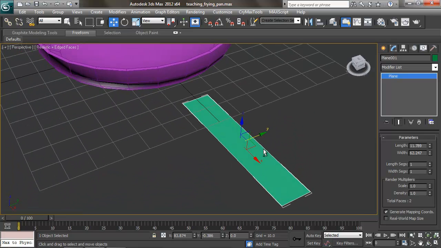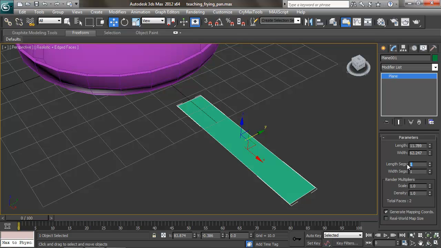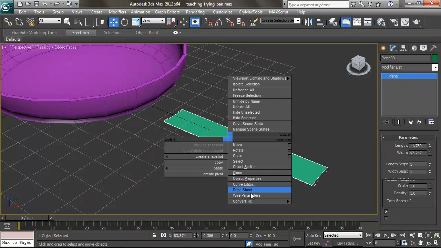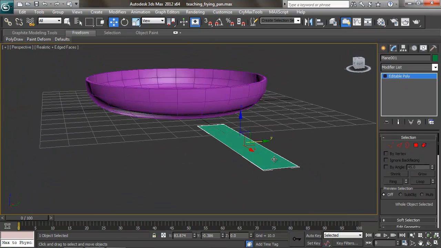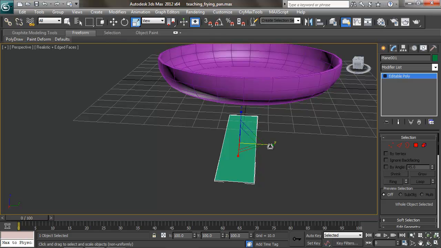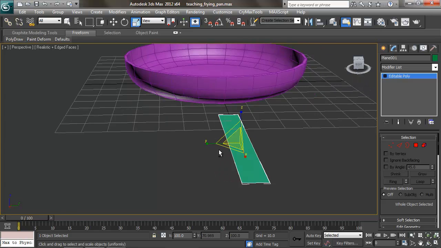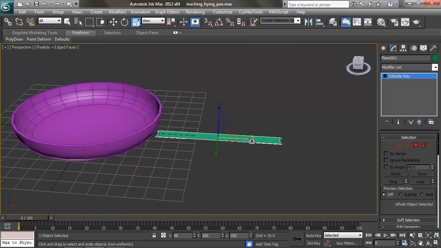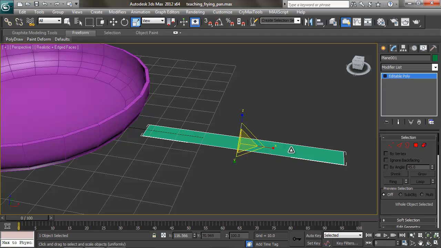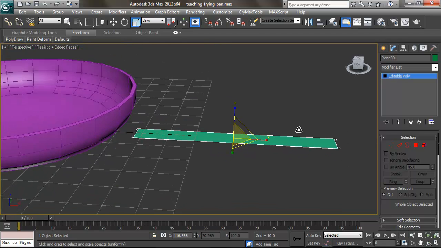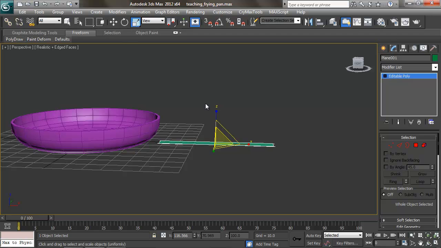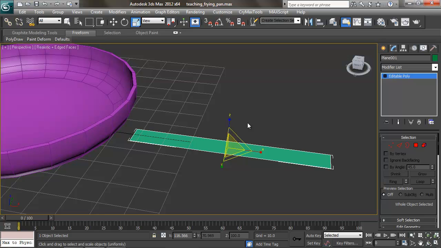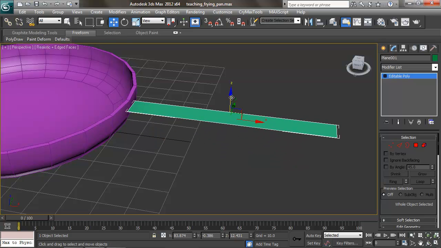So I usually do one subdivision on stuff and then add the subdivisions I need as I'm modeling. So I'm going to go ahead and convert this to an editable poly and just check the proportions here. And that might be a little long. Okay. Now I want this handle to kind of have a bend to it, and I want it to go up a little bit. So first of all, I'm going to move the base of the handle close to the